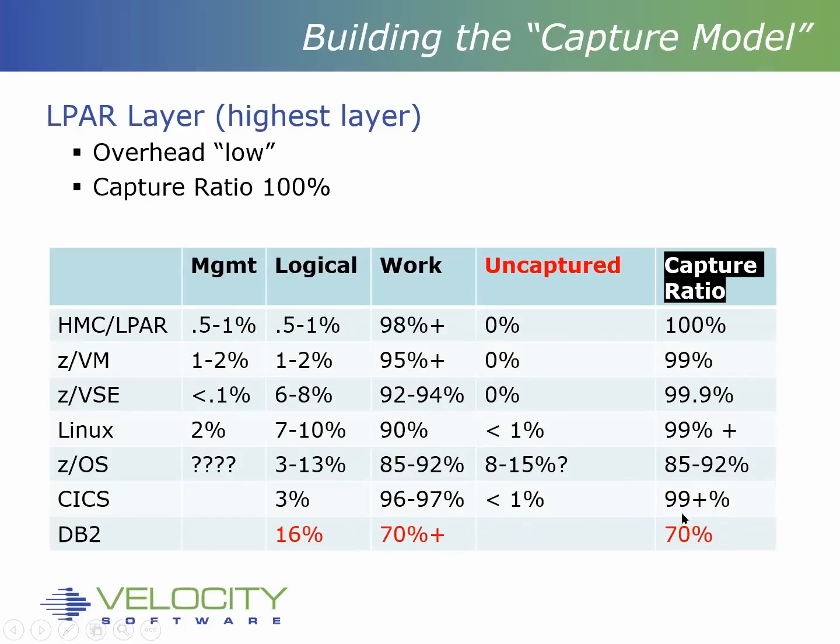And so I can recognize what application is using the CPU, what transactions are using the CPU, and I can start grouping the transactions in meaningful ways. The first step is to work on that capture ratio. And I'm trying to work on that capture ratio too, the zOS capture ratio,